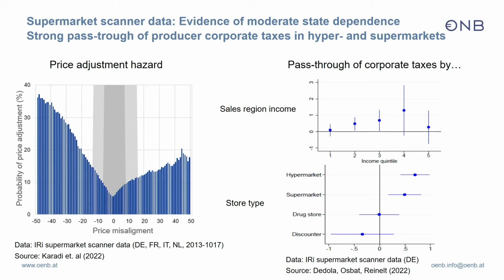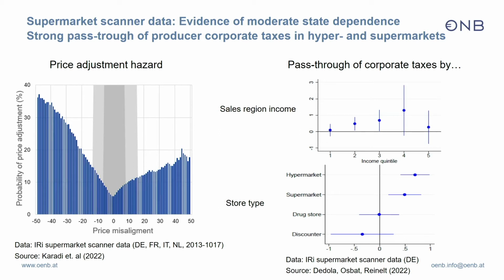And on the right-hand side, finally, three authors, Chiara is one of them, she might answer questions if there are some on these graphs. What is the pass-through of producer corporate taxes across different regions and different store types? So in Germany, you have very regional corporate tax rates, because part of them depends on the municipality, so they can set the corporate taxes. And there's often a change in that. So it's a very nice natural experiment to study whether the change in this regional corporate tax is passed on to consumer prices. And this is basically what this paper is doing.